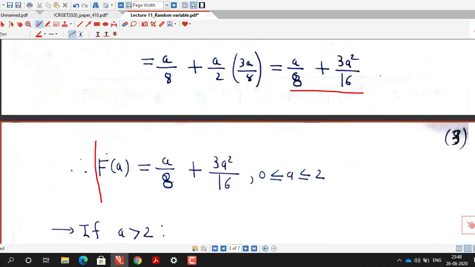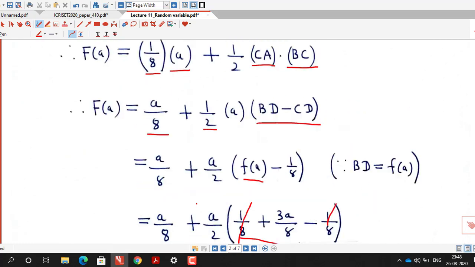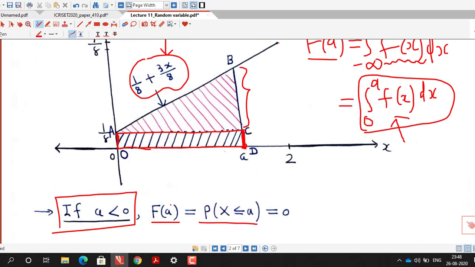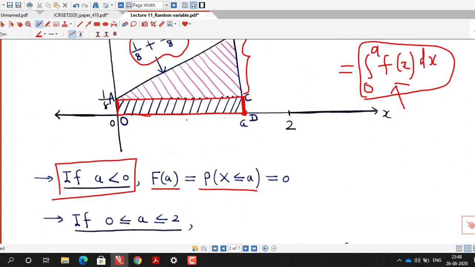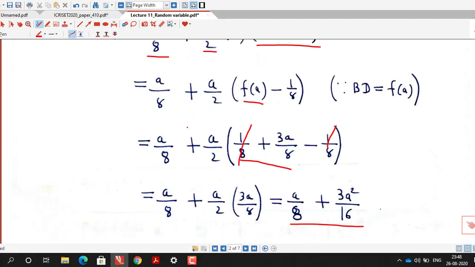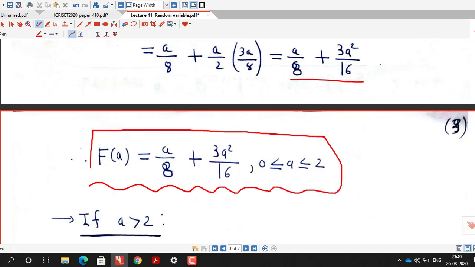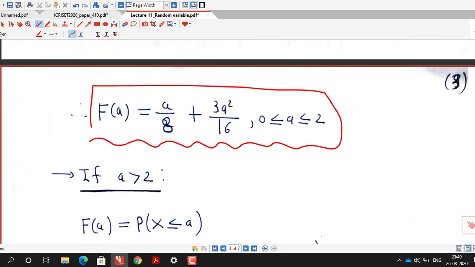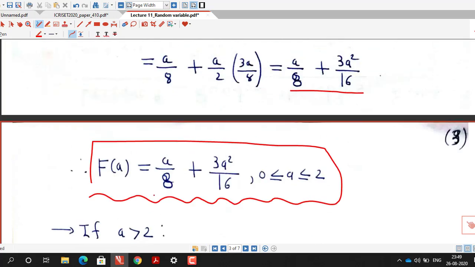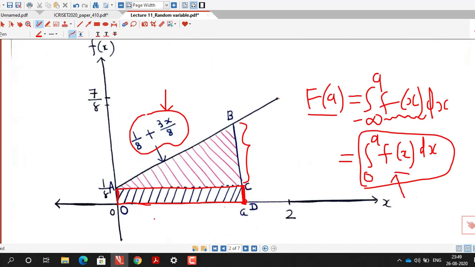So this we obtain without using integral. We are just using the formula for area of rectangle and area of triangle. So this is the value of CDF at x equal to a if a lies between 0 and 2. Now if a is greater than 2,